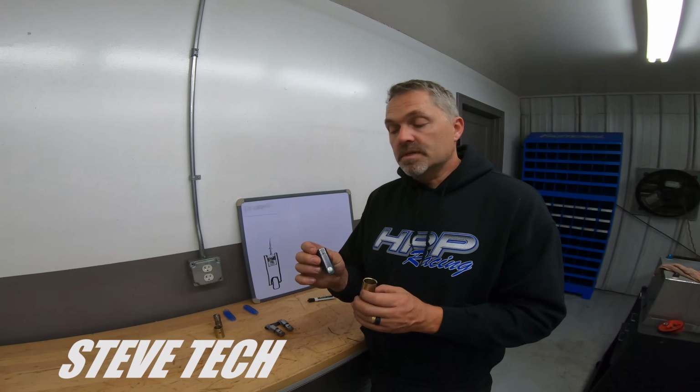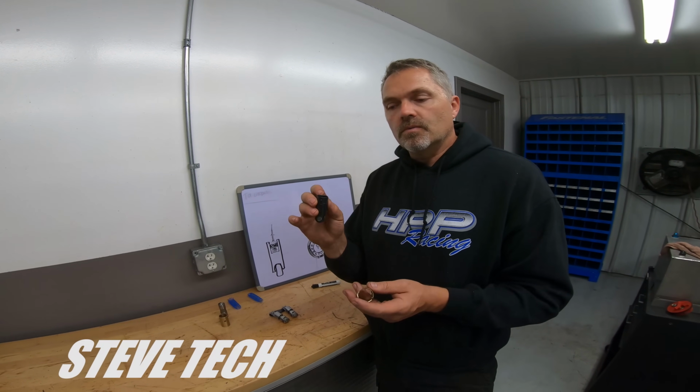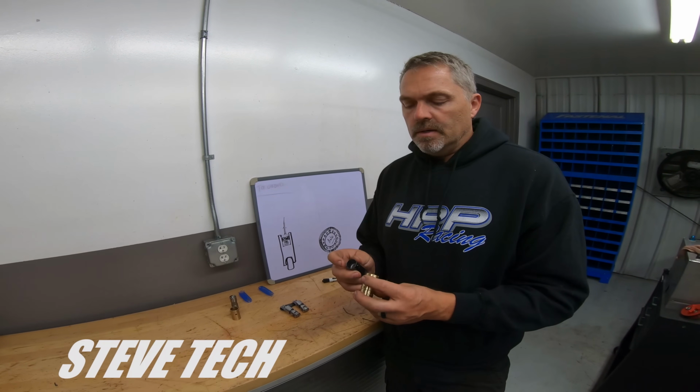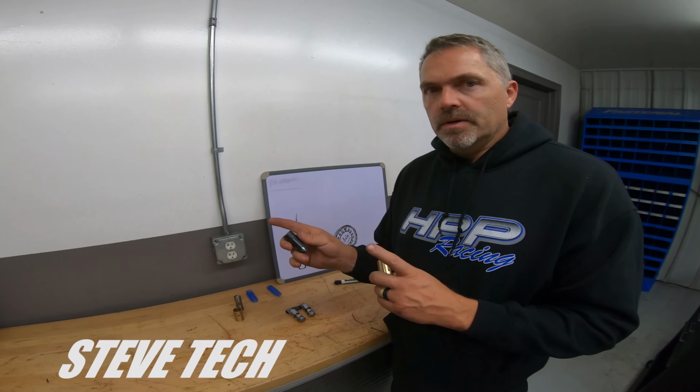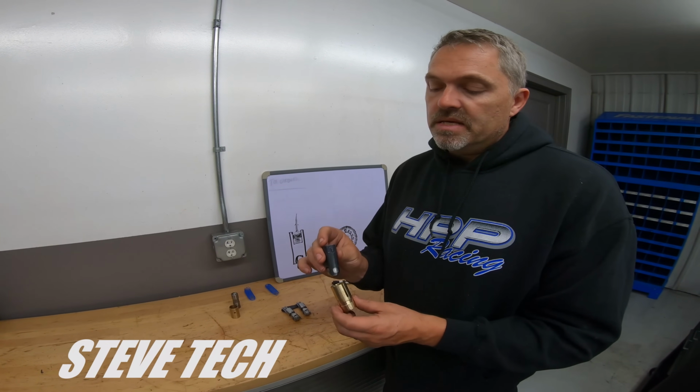Typically we'll do this. This is a 937 lifter. There's 1062. There's even a 1131 or 1130 lifter, something like that. We'll talk about bigger lifters here in just a minute. But this is the different style of lifter. So this Keyway lifter